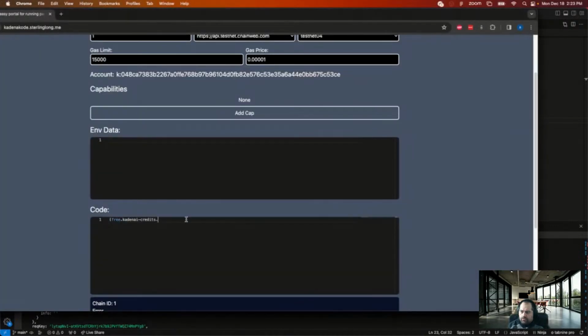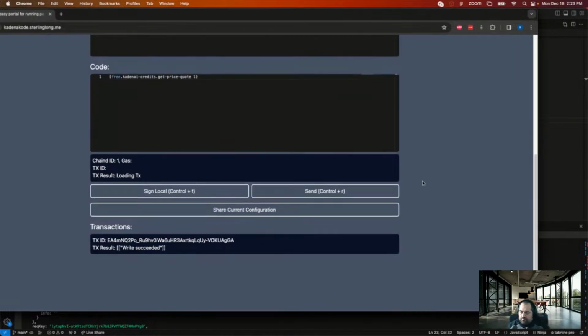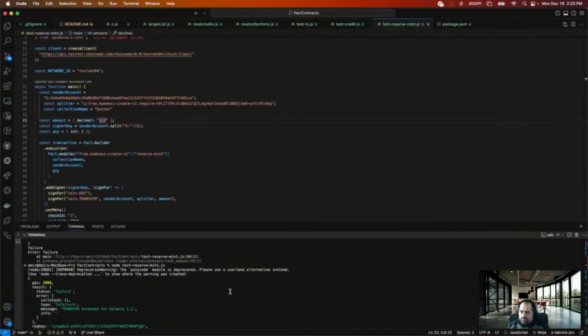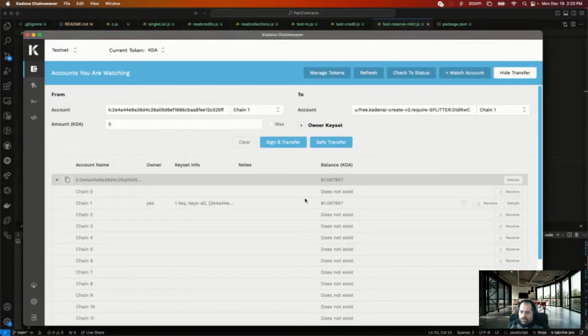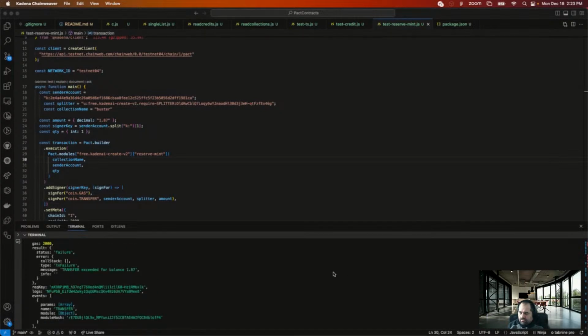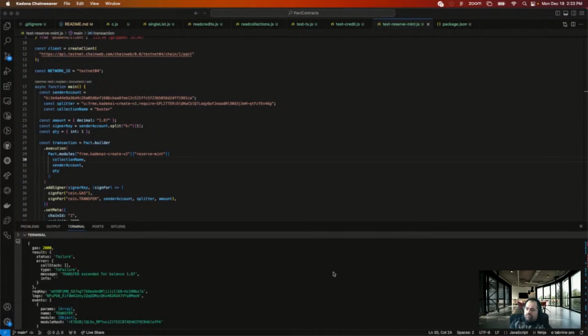So this is kind of a cool function. So 187 is the exact amount. It's the exact amount we need. If this doesn't work, I have no idea. Seriously. Transfer exceeded for...